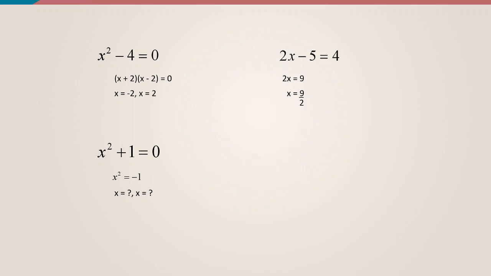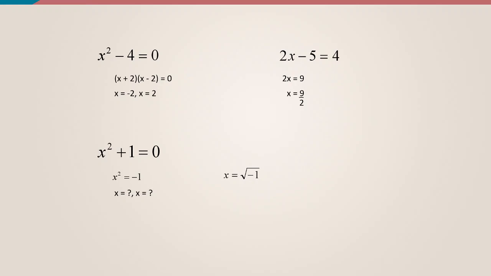So how will you find the root of a negative number? What we are actually getting is x is equal to root of minus 1. What sort of number is that? We cannot use any number we have studied. Can we write minus 1? No, because minus 1 squared is 1. Minus 1 into minus 1 is 1. So minus 1 is not the answer. So what is the root of minus 1?